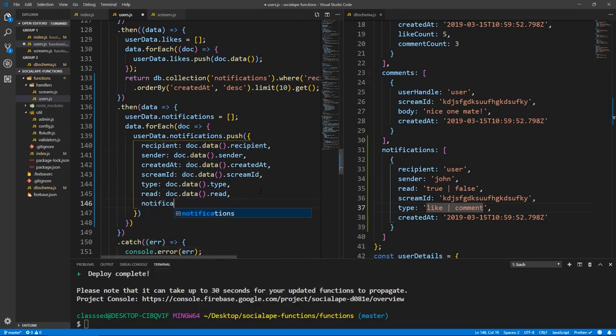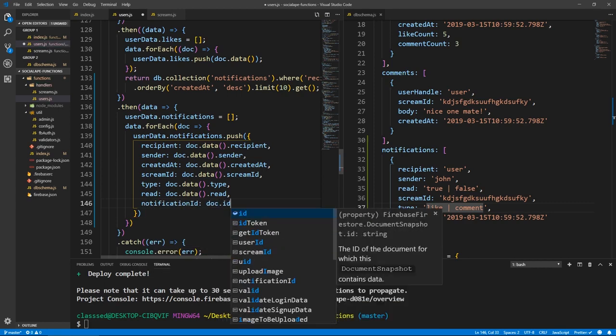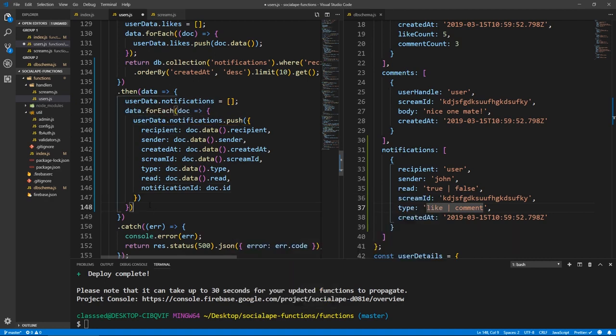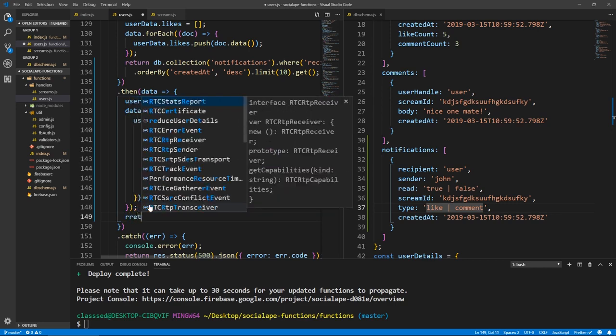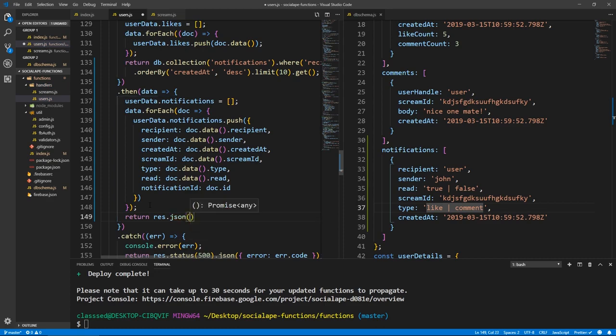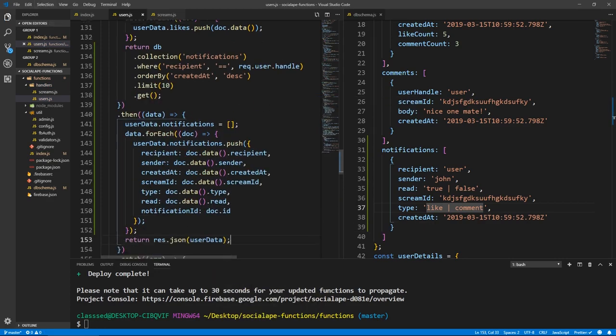So let's say notification ID is doc.id, and after the for each loop, we just do return res.json user data.